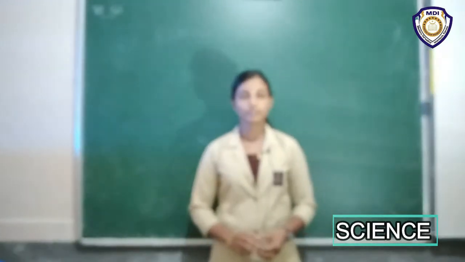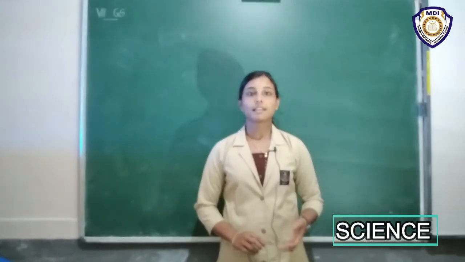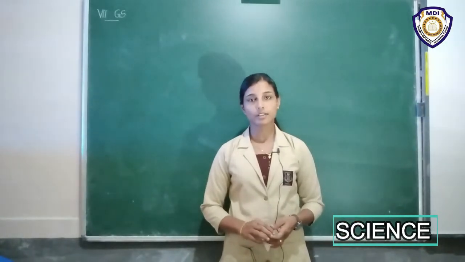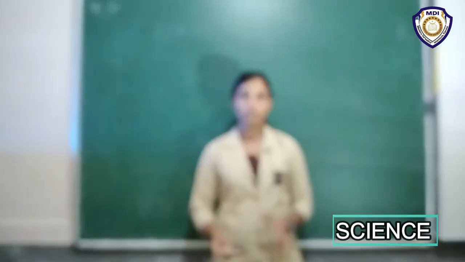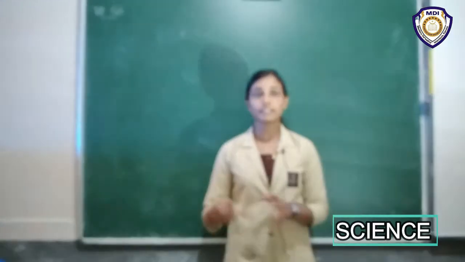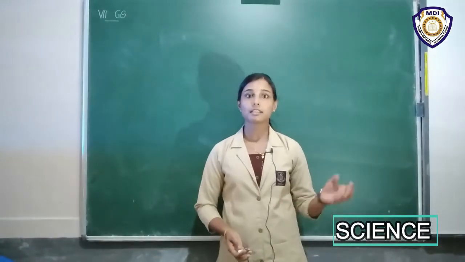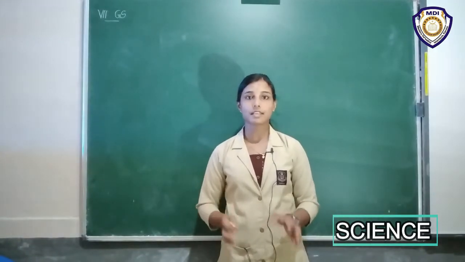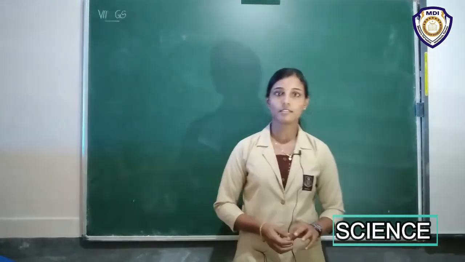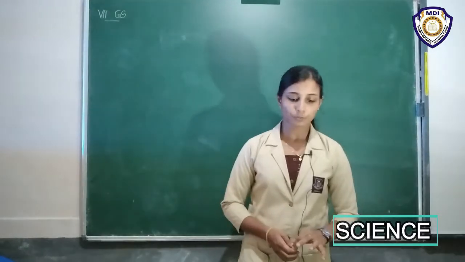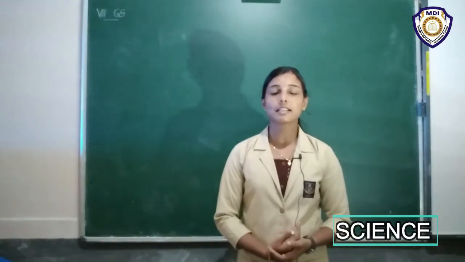Okay, so in the last class we discussed natural indicators, right? So, what are natural indicators? There are so many natural indicators found in nature. They are substances which indicate whether a substance is acidic or basic. To determine the acidic or basic nature of a substance, we usually seek the help of indicators. So, which are the natural indicators?